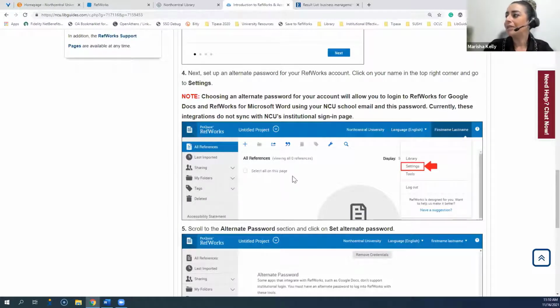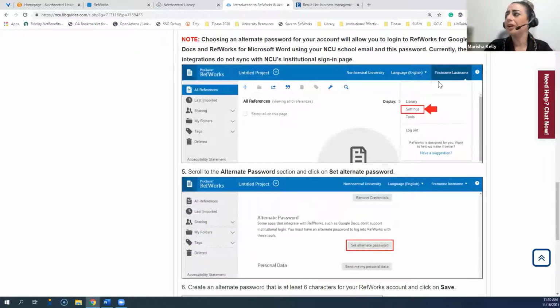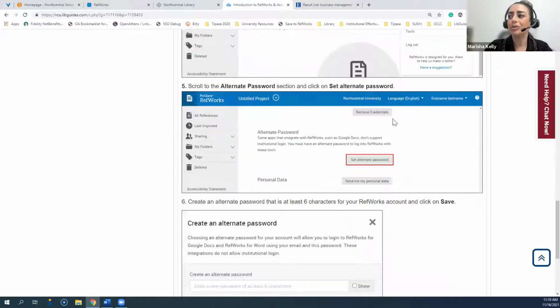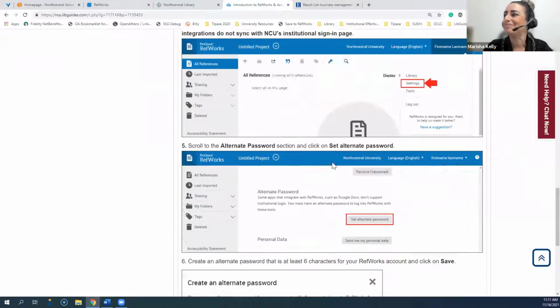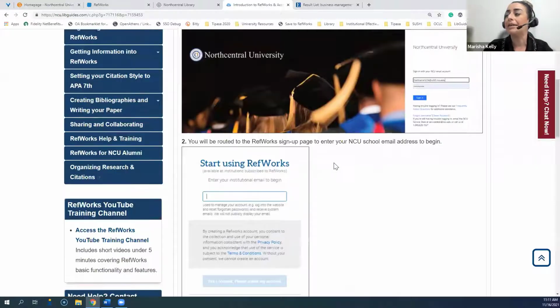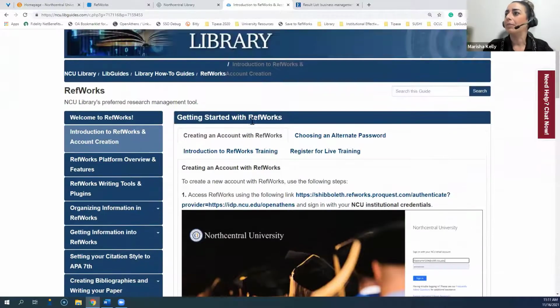So once you log in to RefWorks, you'll actually click on your name in the top right-hand corner. You'll click on settings, and then under settings, you'll scroll to the area that says alternate password. You'll set up that alternate password, and the password requirements are minimal. It just needs to be 6 characters, and then you'll go ahead and hit save, and you'll be ready to rock and roll with the application for Microsoft Word. And we'll talk a little bit more about how to install and use that when we look at